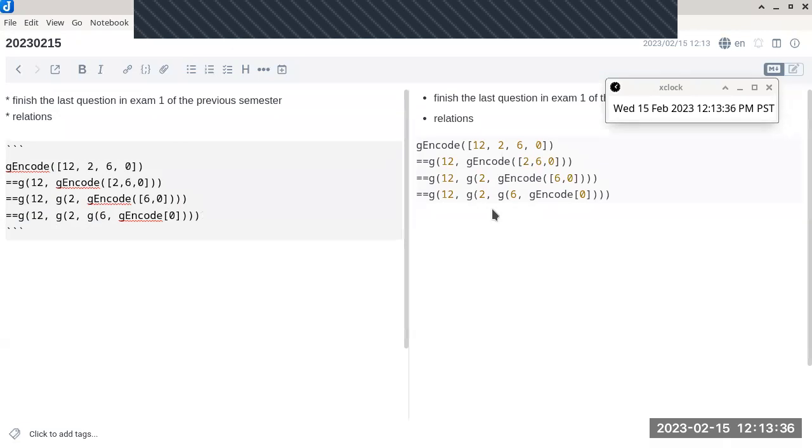I should be missing one of them, right? Oh, okay. Yes, I'm missing a pair because I need another pair of parentheses here. There we go. All right, so we are now close to the end because G of 2, G of 6, and then this is G of 0,